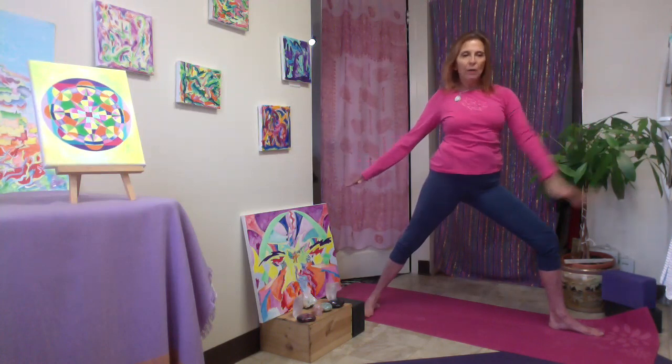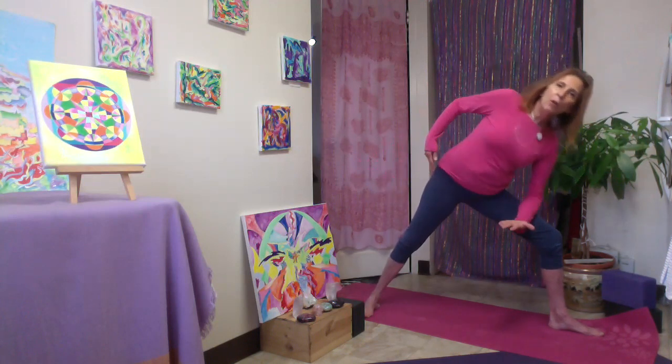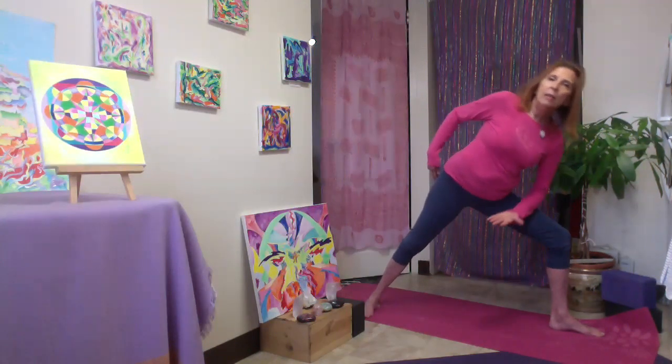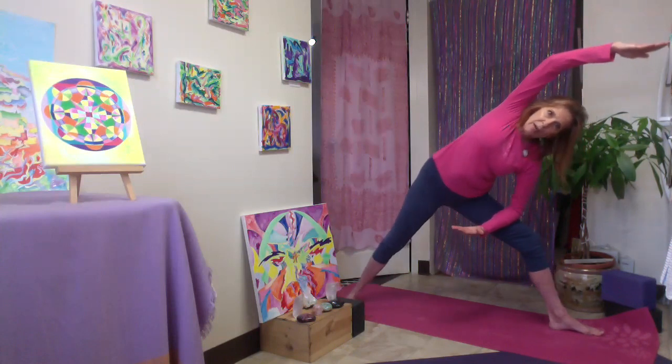And come back to center. Now we're going to take the left forearm. We're going to bend the elbow, palm up, take it onto the thigh. Again, don't let the knee go forward of the ankle. Take the forearm, reach the right arm up, reach it across the ear, breathing